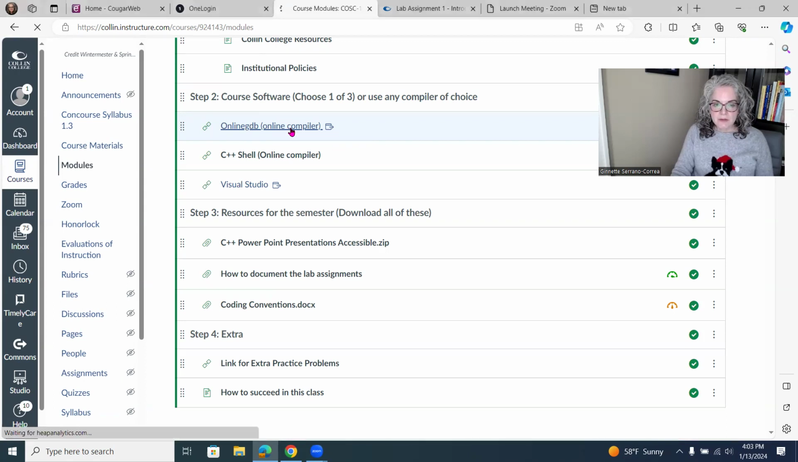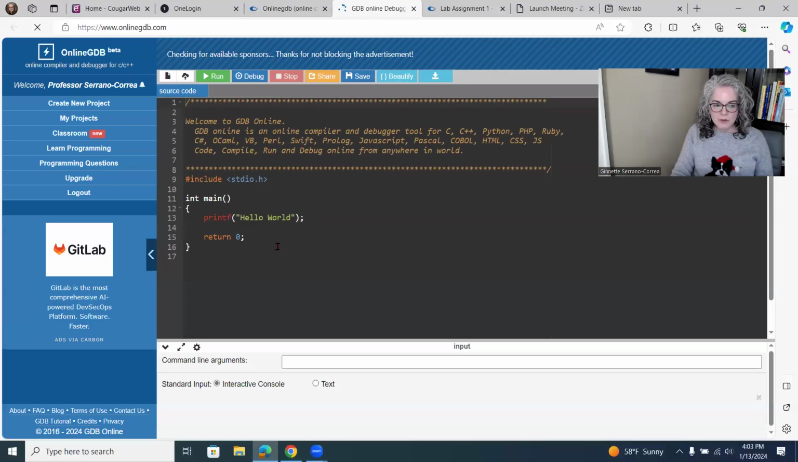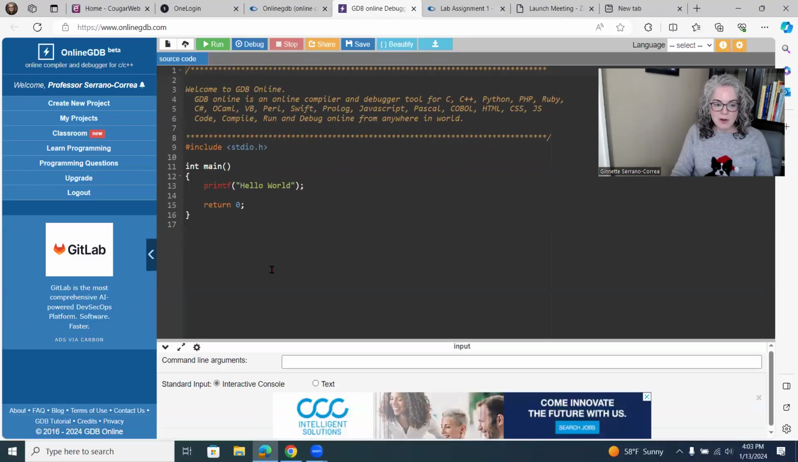So if you click on the link and then tell it to open in a new window, this is how the Online GDB compiler looks like. The thing that I like about it is that you can save all your programs online, which is really nice, because no matter where you're at, you can have access at any computer that you're working on. The first thing you want to do over here on the right-hand side is select the language. So we're working with C++,